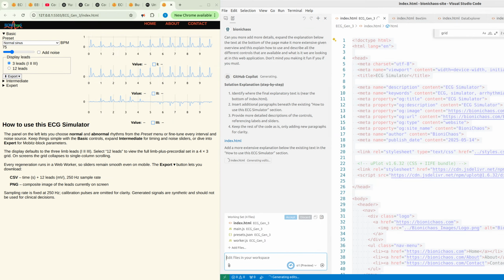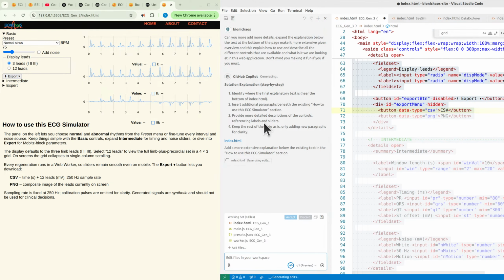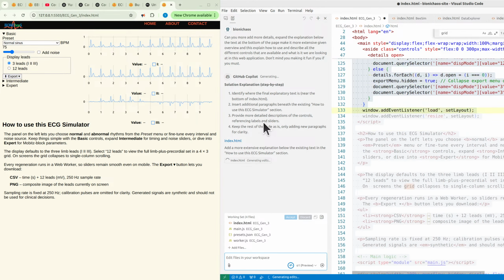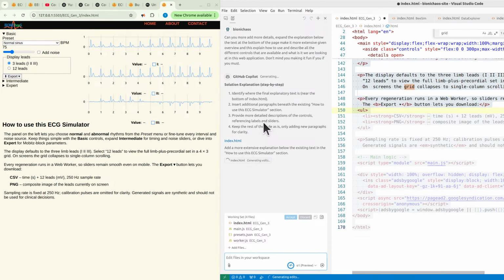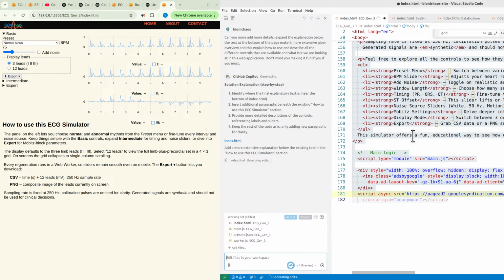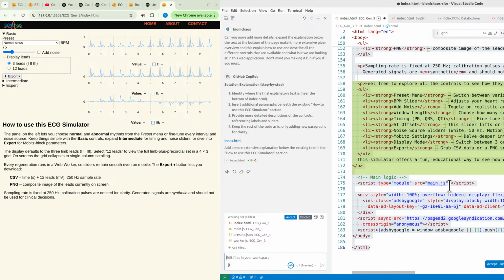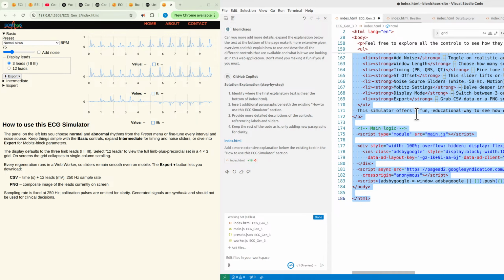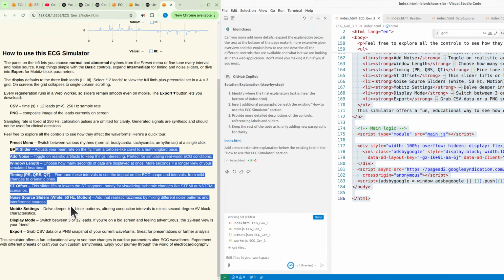Solution explanation, step by step. Identify where the final explanatory text is, near the bottom of index.html. Insert additional paragraphs beneath the existing How to Use This ECG Simulator section. Provide more detailed descriptions of the controls, referencing labels and sliders. Keep the rest of the code as is, only adding new paragraphs for clarity. Index.html. Add a more extensive